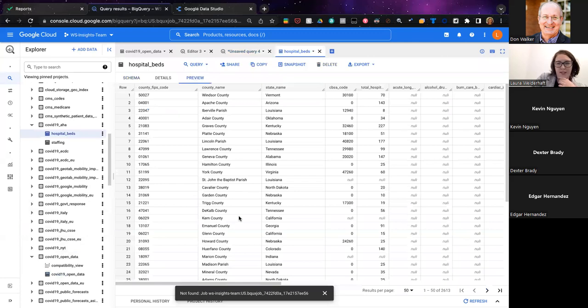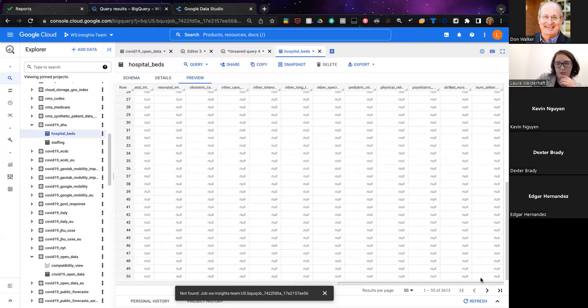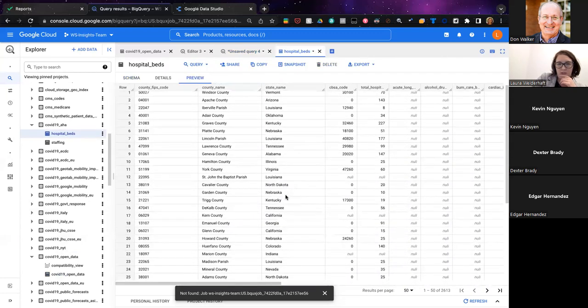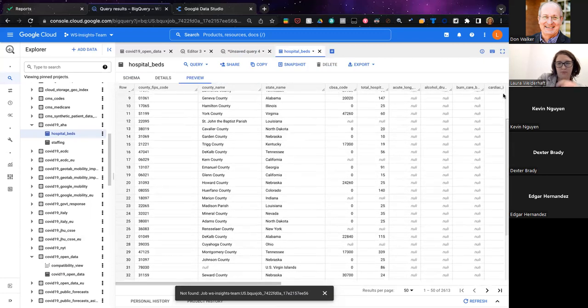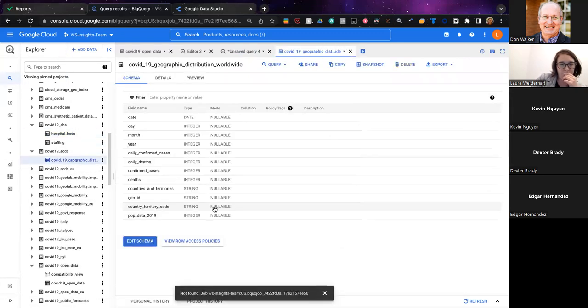I don't know if this has dates associated or if this is a total hospital bed. This looks like a more reasonable data set to start with.